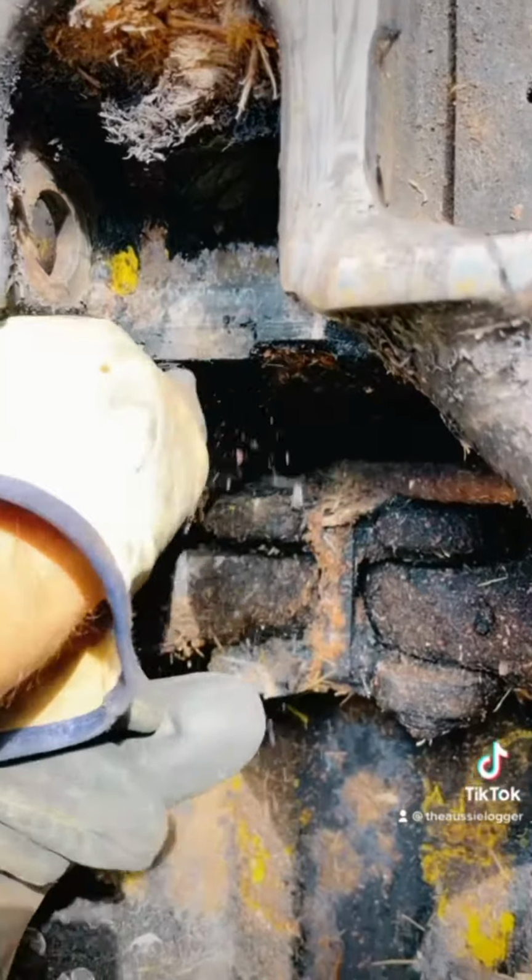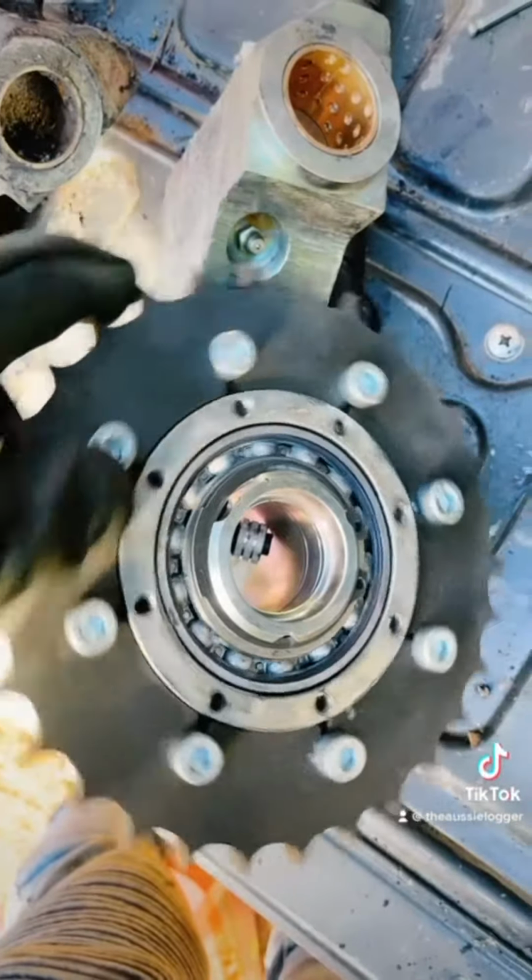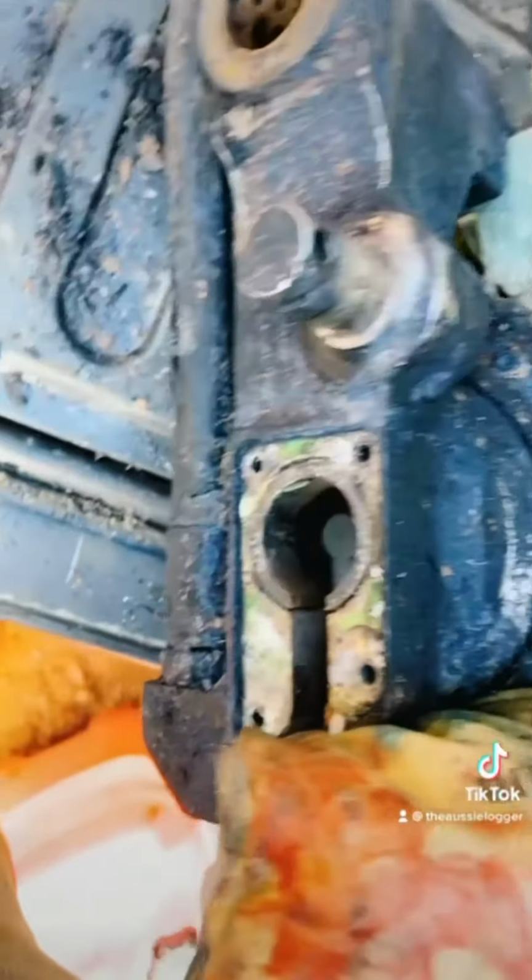So now that's removed, we'll take this opportunity to get rid of these sticks and change these grease nipples. So here's the new arm and the new wheel with the bearing in it. We're going to take the encoder out of the old one, which is still pretty new, and fit it to